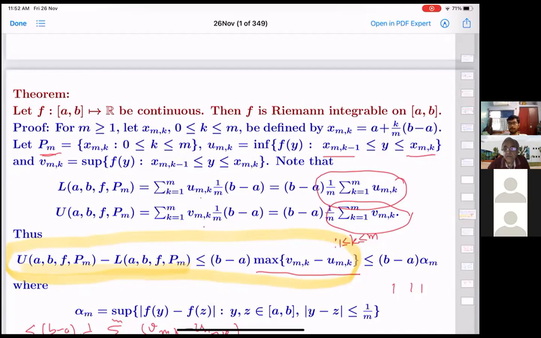So now, Bijan, we can come to your question about sets of points. What was your point? If the set of countable points is not dense in any subset of [a, b], the closed interval, then it would still be Riemann integrable. How will you get a countable sequence which is not dense?